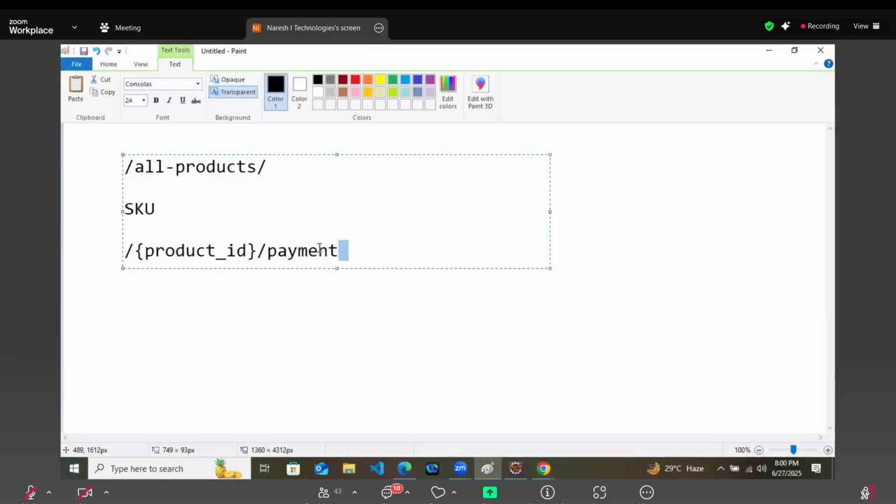So here this payment service will ask the all product service: what is the price of product P1, right? It will send the ID from here. It will ask payment and then it will take you to slash bank slash server. Then you can make the payment. So that is how multiple microservices talk with each other using Feign. Now you can easily build a front end, send this data to the front end and use it directly. So that is how we develop a microservices project.